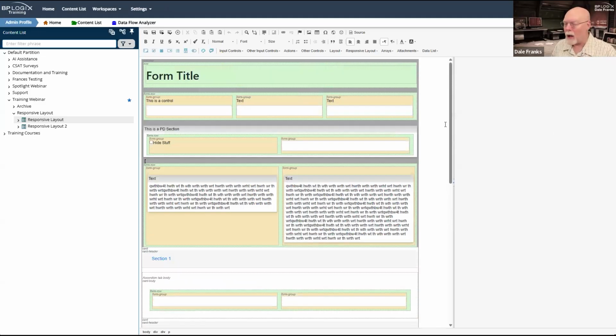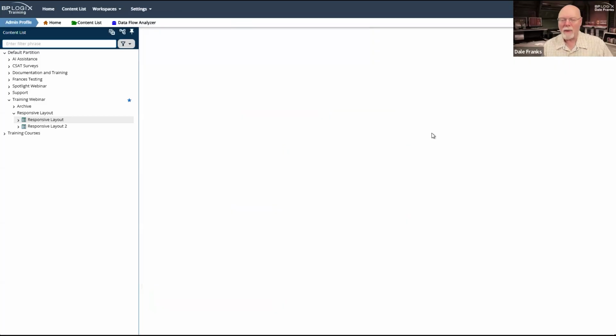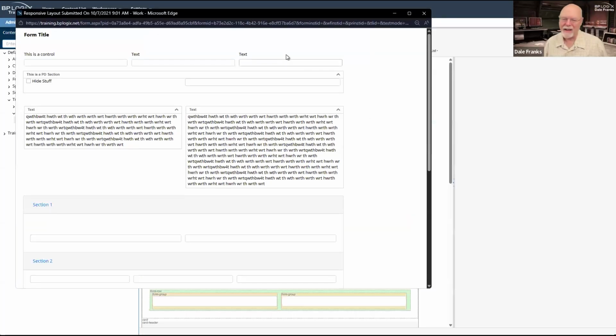But these color combinations are important and they give you a visual clue of what it is that you're looking at. Now, whenever I run this form and my form screen pops open here, we'll walk through a couple of the little things that I have added onto this form. So up here at the top, these are just normal controls.